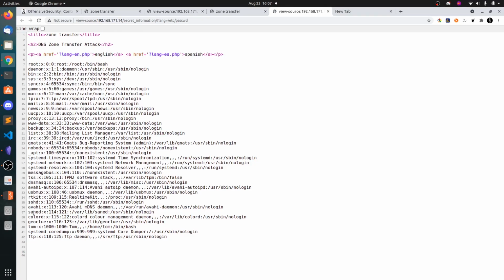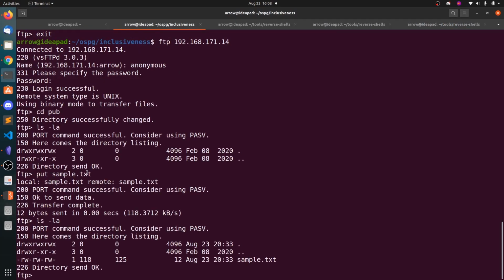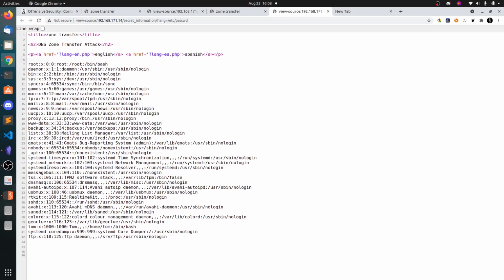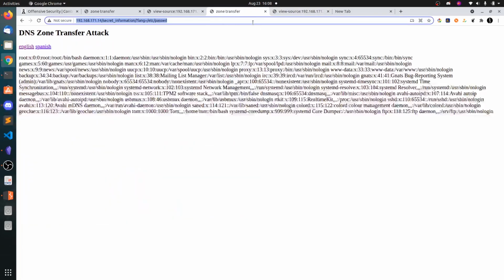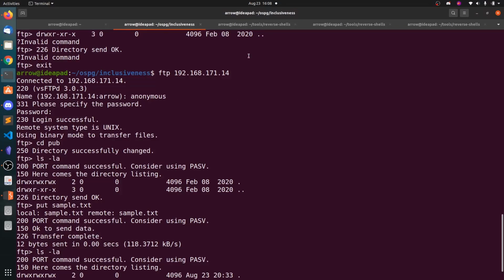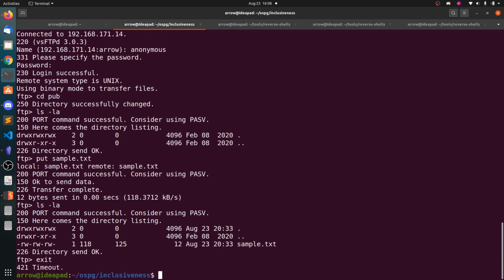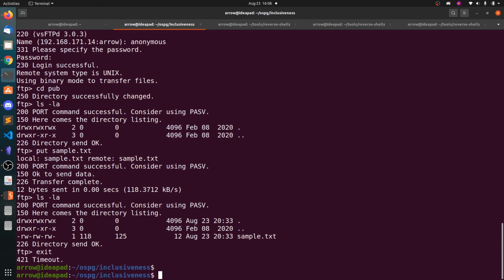So let's see the users. Tom is the user. I think there is only one normal user, along with root. So now you can try to brute force the password for Tom, because we have the SSH port open. You can try that. First let's check for remote file inclusion. If it fails, then we can search for any logs.